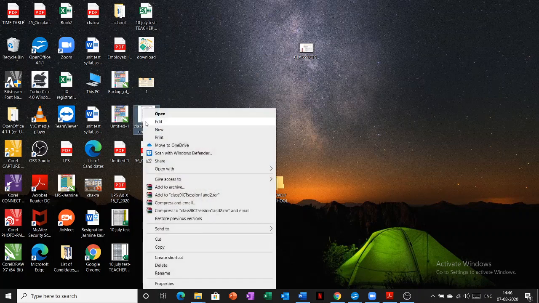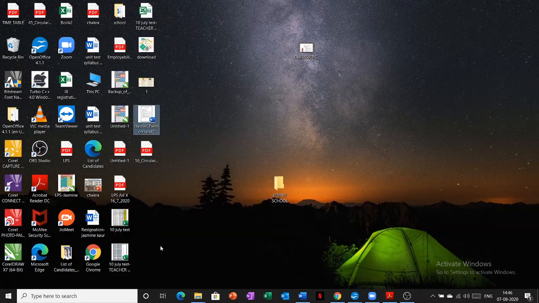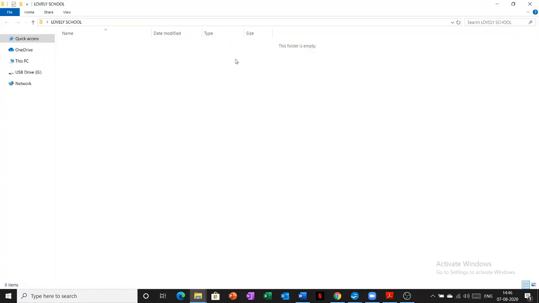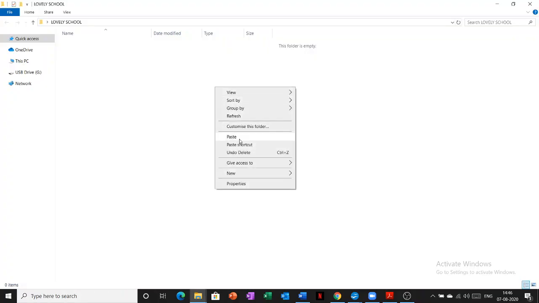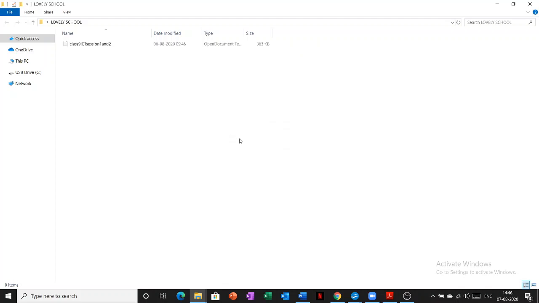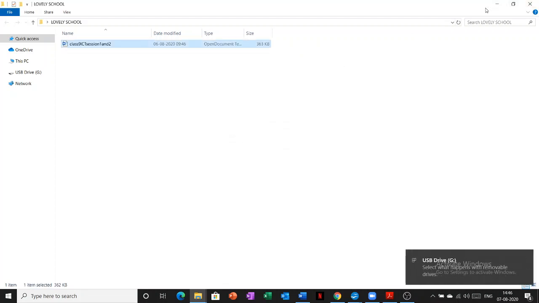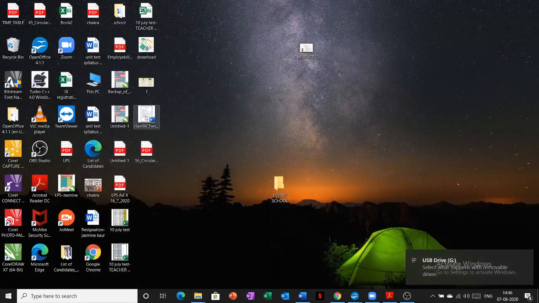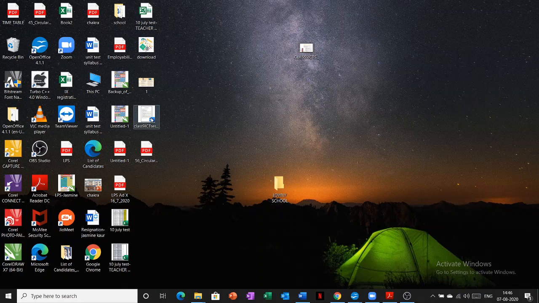I'm right clicking on the file, choosing the copy option over here and opening my folder and then right click and paste it. So this is copy paste. It is present at the new location as well as it's on the previous location.